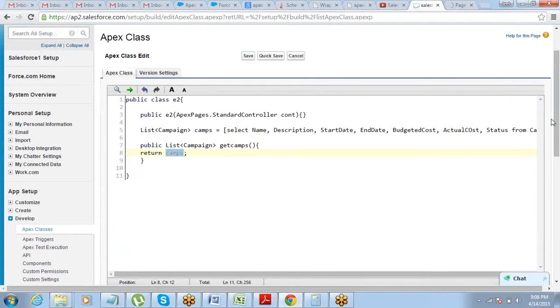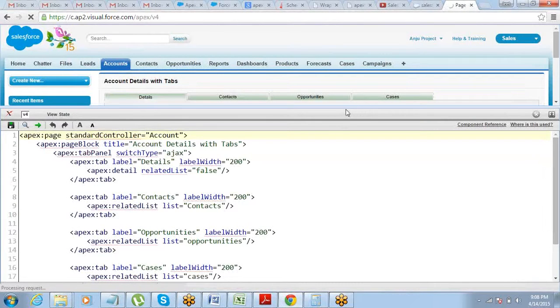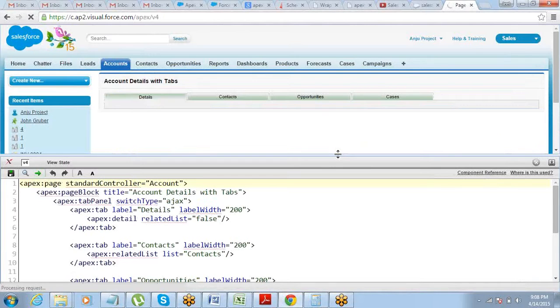Visualforce and Apex are case insensitive, so even if we write a small letter or a capital letter, it does not make a difference. Ideally we should not mix the cases, but it's case insensitive. That's good.